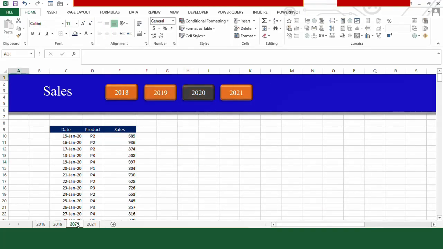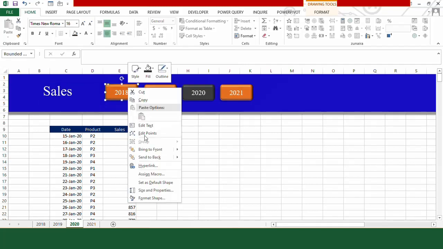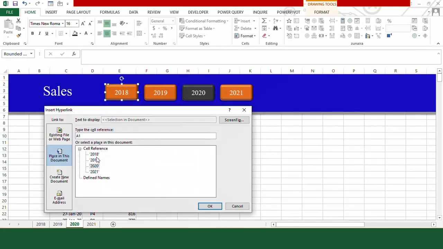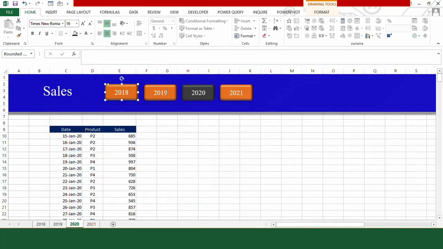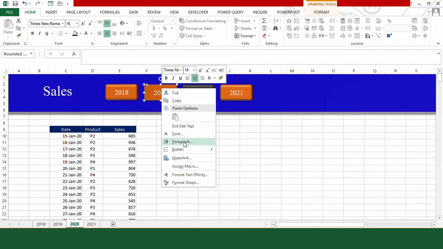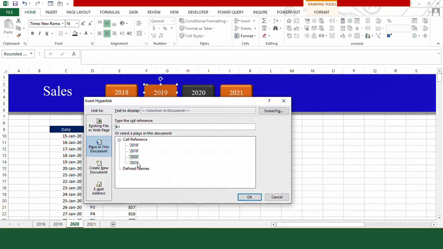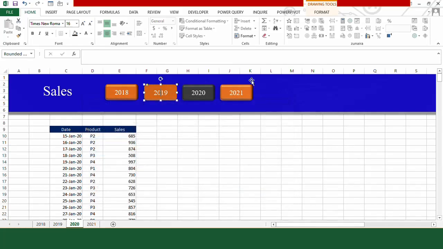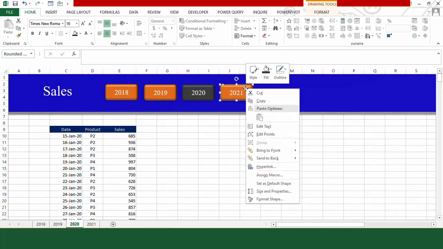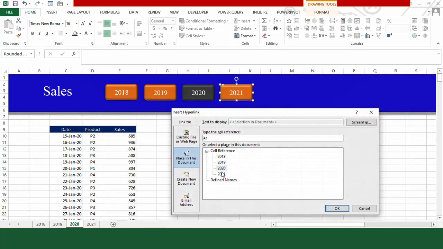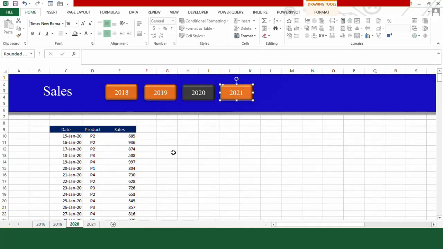Now for 2020, again do the same process. Click on 2018, then go to hyperlink, select 2018, press OK. For 2019, again go to hyperlink and select 2019, press OK, and for 2021 again go to hyperlink and select 2021. At first it seems a tedious task, but once you are done with it, it looks quite good